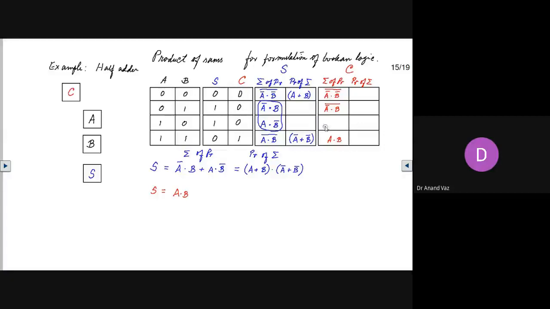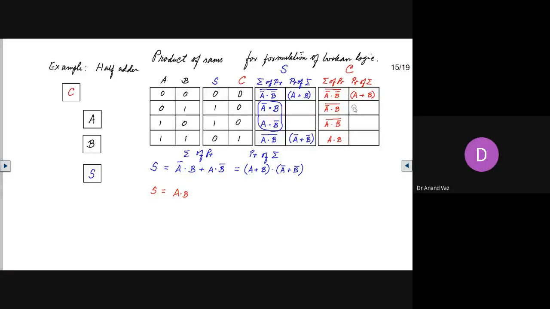Here we have A and not B. When we take the complement of this, we will always have a 0 here. Okay. So in this case, what are the sums? If we apply De Morgan's theorem over here, we have A or B. This will give us a 0.